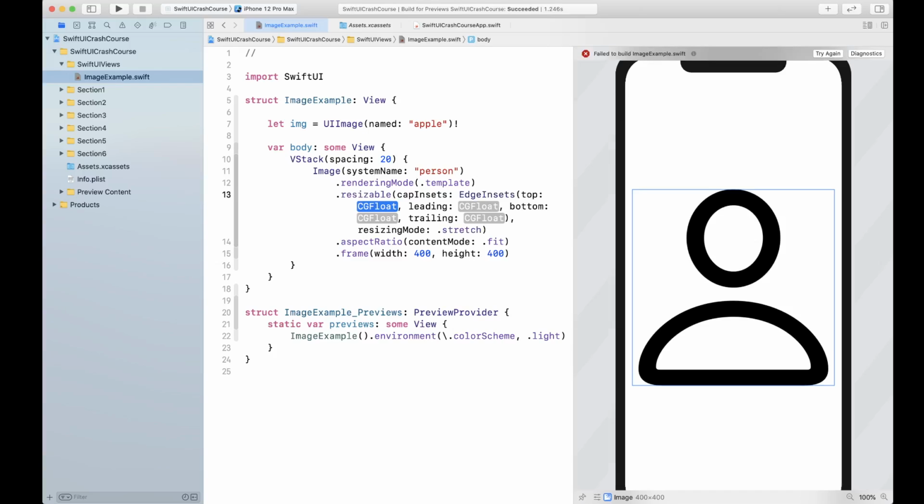Basically, this is the value according to which the image is gonna either stretch or tile. So you can define that you only want top, leading, bottom, or trailing parts to stretch when you apply a resizing on an image that's not big enough to be displayed on the viewport. Okay, all right,